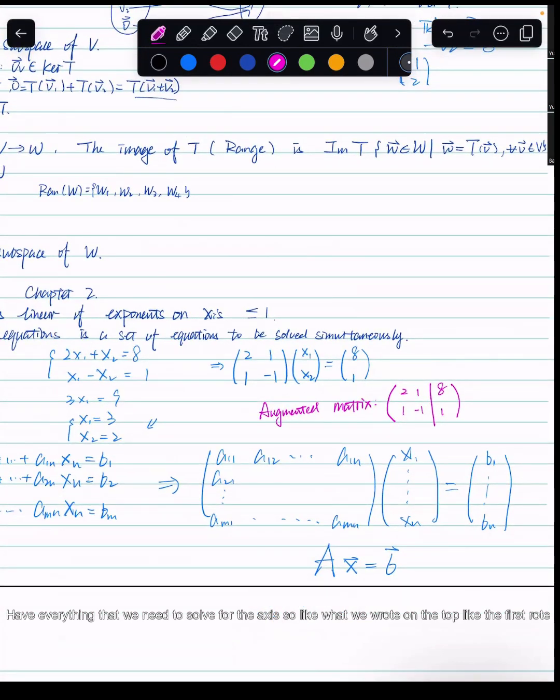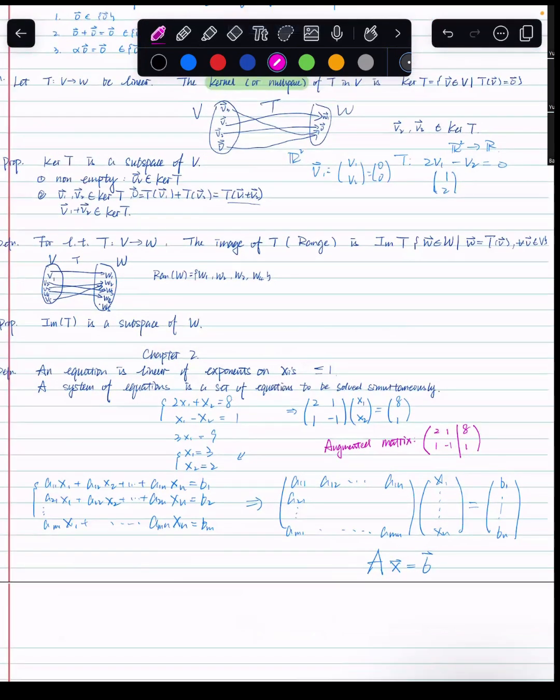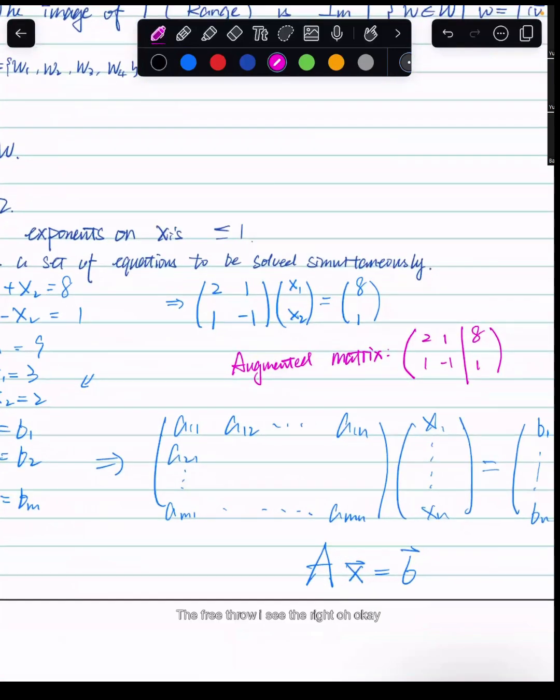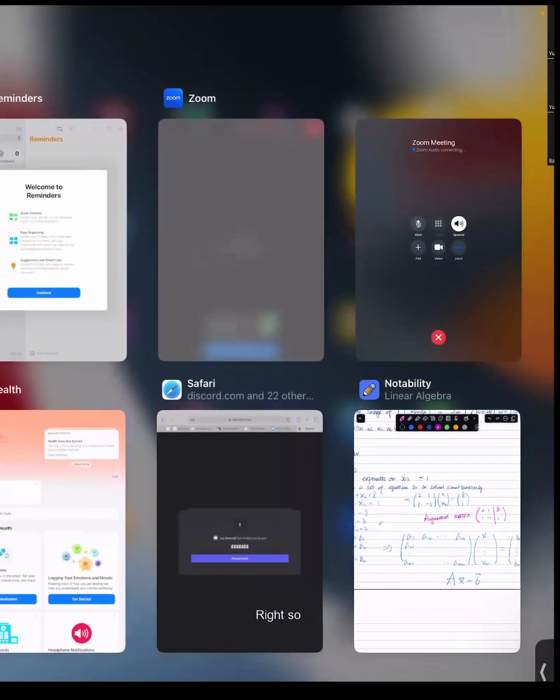So like what we wrote on the top, Hmm? like the first thing we wrote. The first row? Oh, I see. Never mind. Oh, okay. All right, so